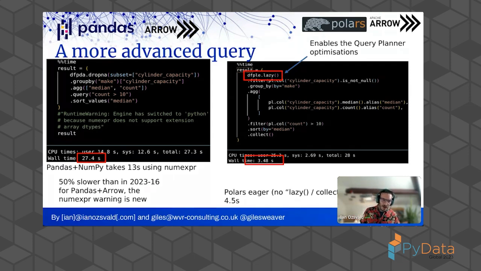And kind of weirdly, Pandas and Arrow takes nearly 30 seconds for that operation on the left-hand side, and contrast that with polars and Arrow on the right-hand side: 3 seconds, nearly 10 times faster. So that's kind of interesting. It turns out there's a regression. 6 months ago, Pandas with Arrow did that in half the time, but still 15 seconds rather than the 3 seconds in Arrow. So there are some interesting differences and changes in behavior going on in there.